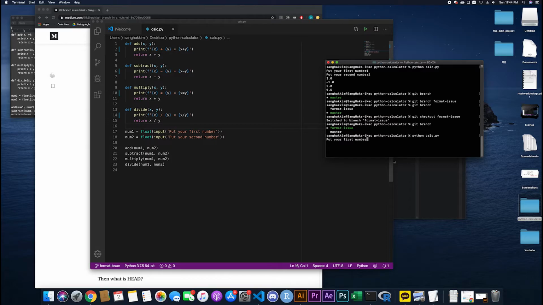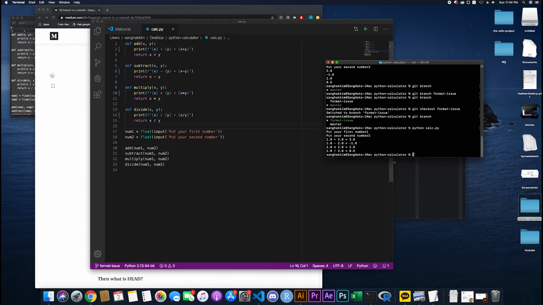Python card.py. Put your first number, 1 and 2. Okay, now it looks way better. Now you know what operations were done to the two numbers that you gave to the program. Okay, so